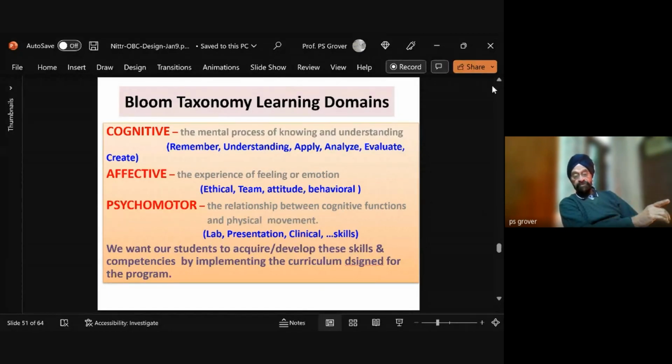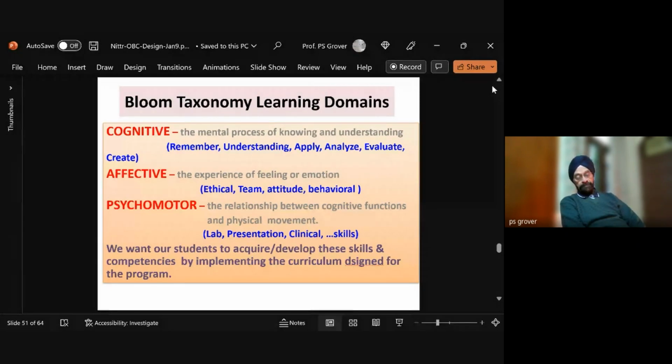This is how we write outcome statements using Bloom taxonomy. In fact, the action verbs come from Bloom taxonomy. Bloom has given a set of verbs which we use to design our course outcomes, which reflect student learning at the various levels. So we want our student to acquire and develop these skills and competencies by implementing the curriculum designed